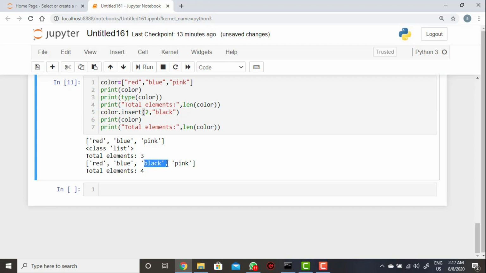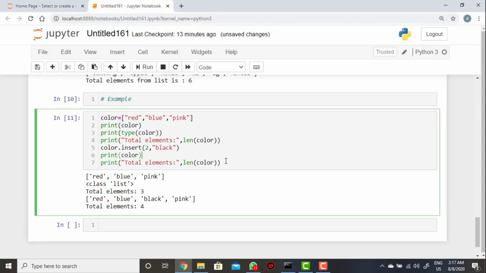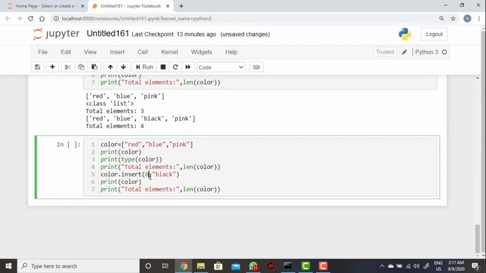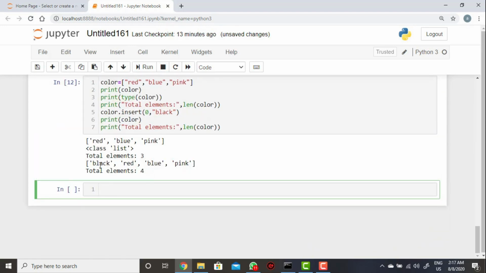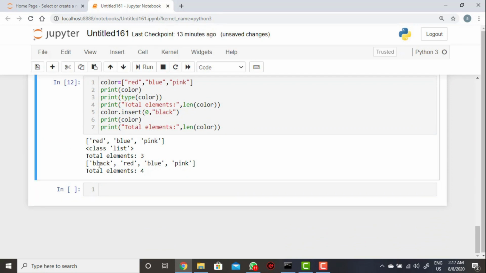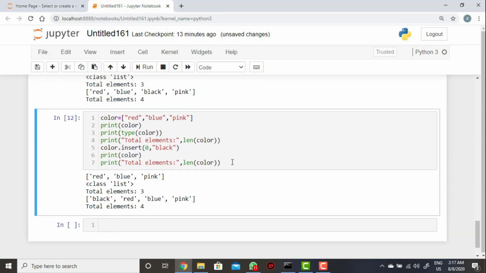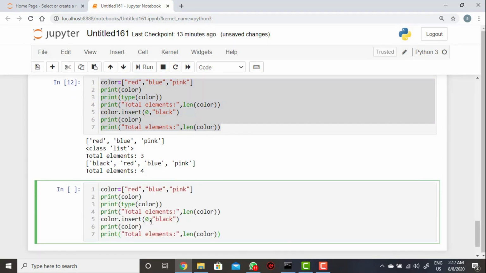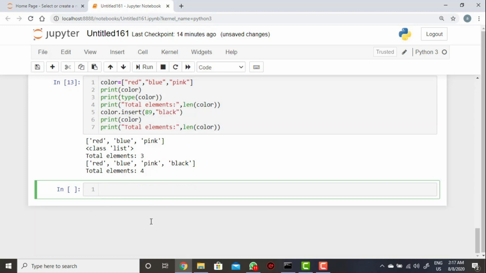So total number of elements will be 4 here. Now if you want, you can add at 0 also. It will be black, the first element. And if you add a value like 70 or 89, it will be added at the last itself.